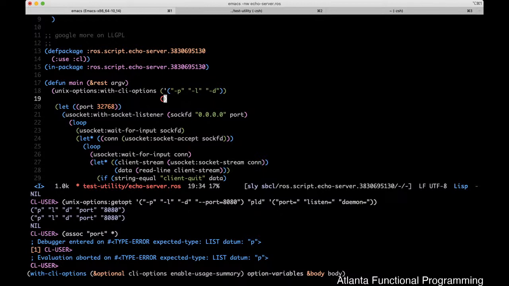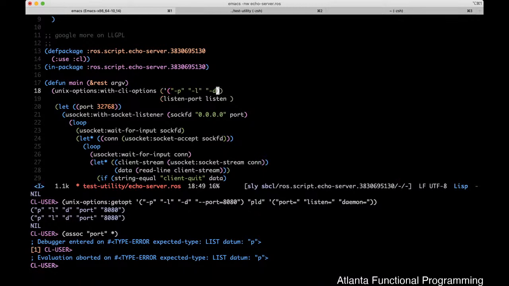Let's see, listen port, listen. Honestly, we don't need daemon right now. We're just going to use these two options, okay? So now what's going to happen is behind the scenes,